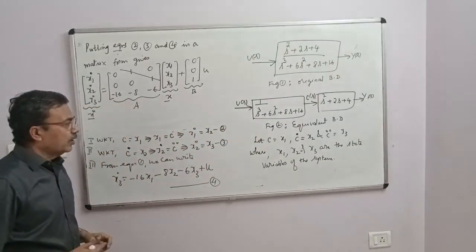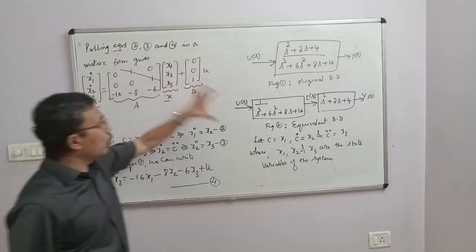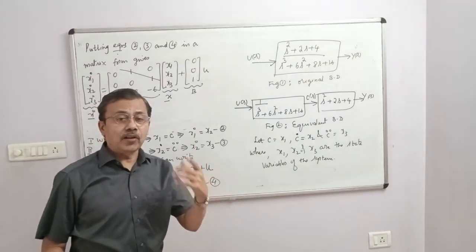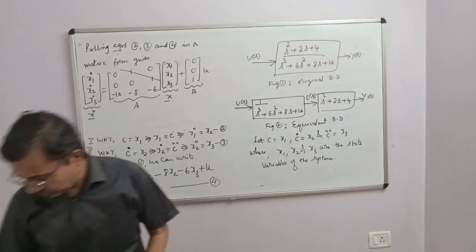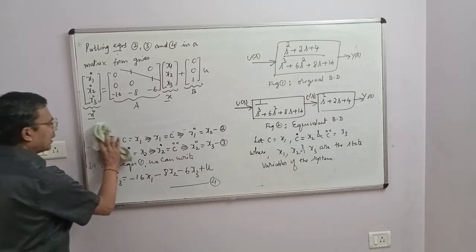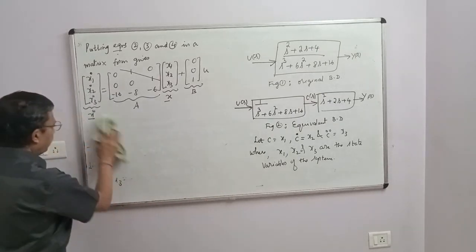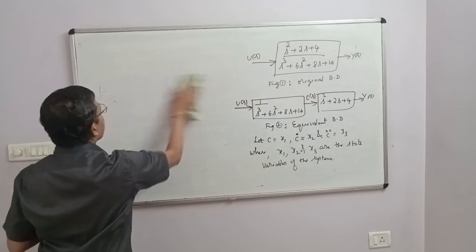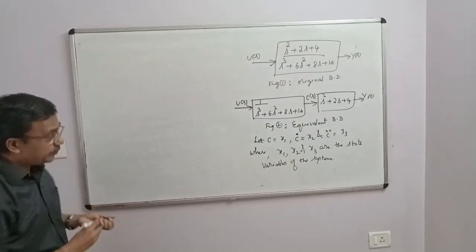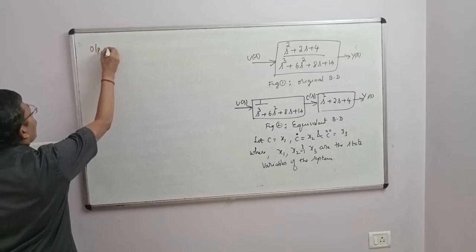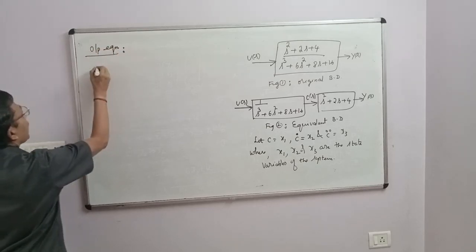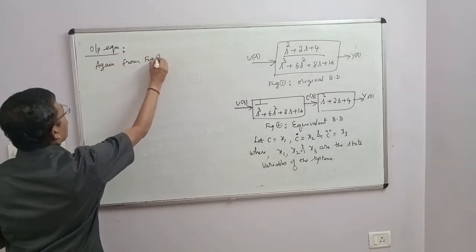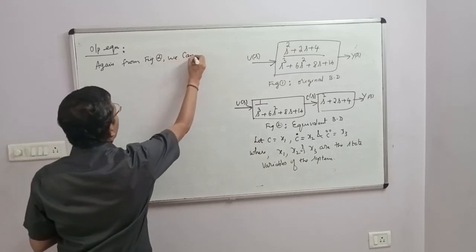This is the state equation. That means the state equation is obtained from the poles of the transfer function. From the zeros of the transfer function, I shall obtain the output equation. You see now. Output equation. Again from figure 2 we can write